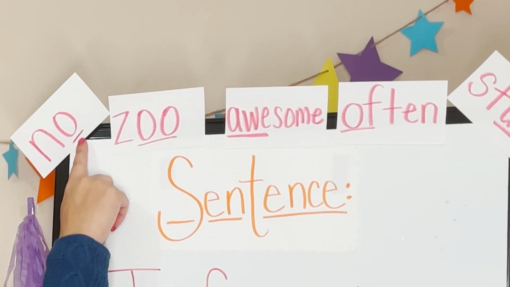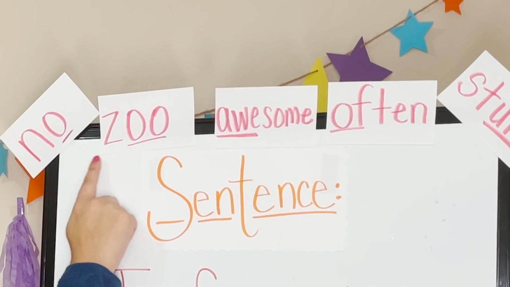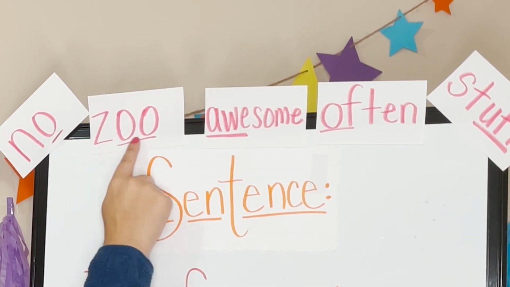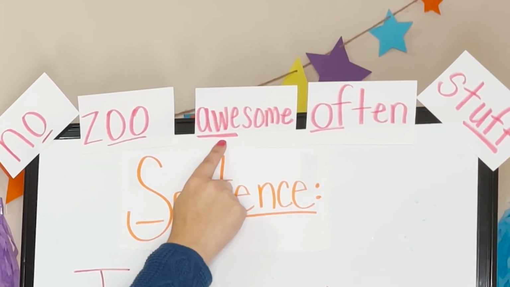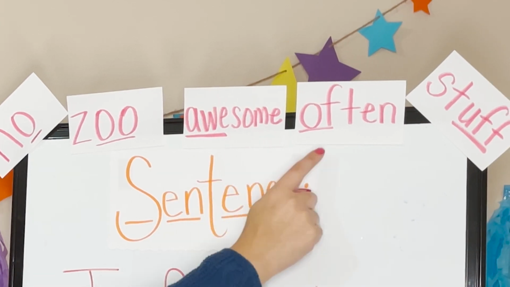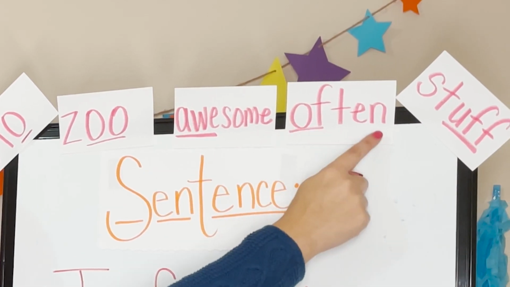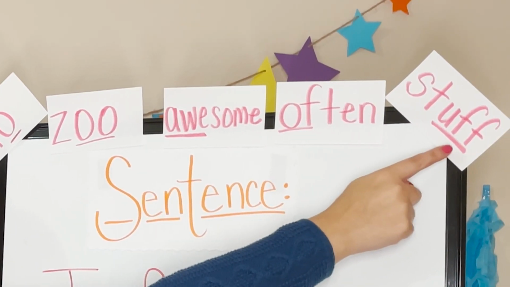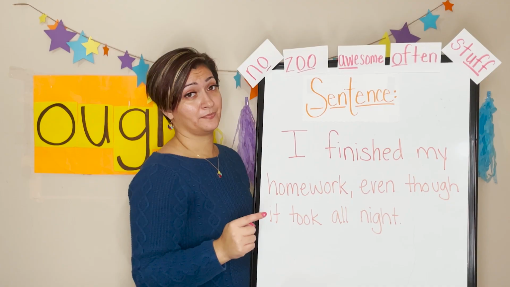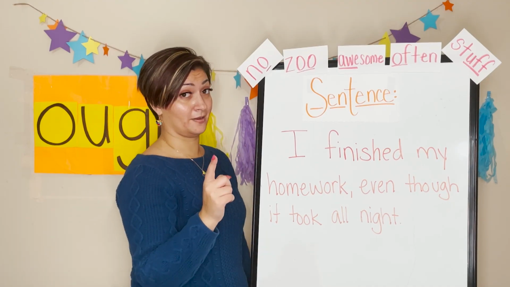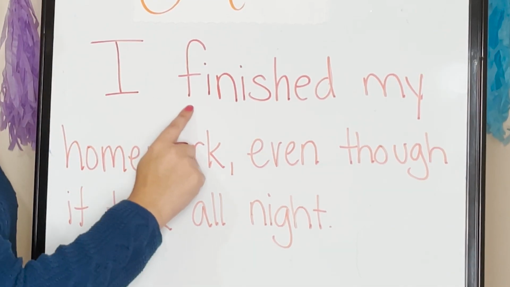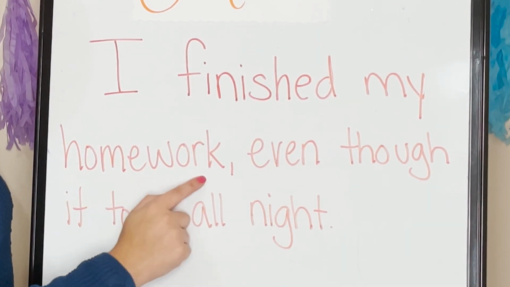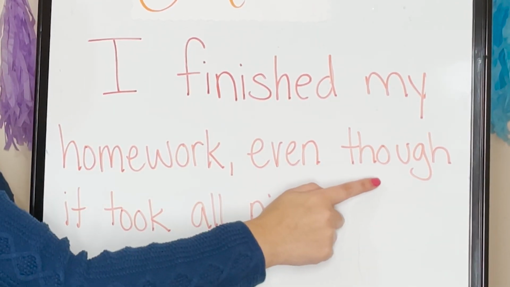All right, let's go back over our sounds. So we have O as in no, ough as in zoo, aw like in awesome, off like in often, uff like in stuff. All right, let's go. I finished my homework even